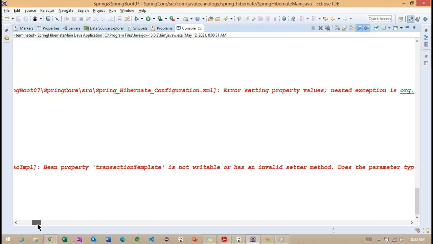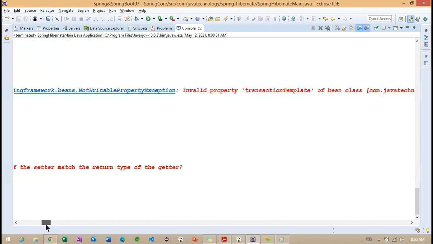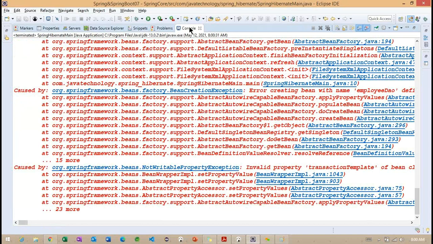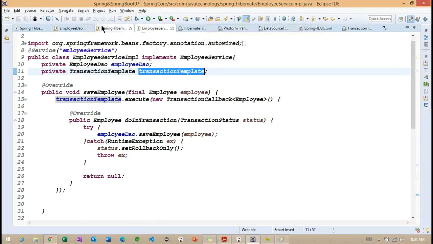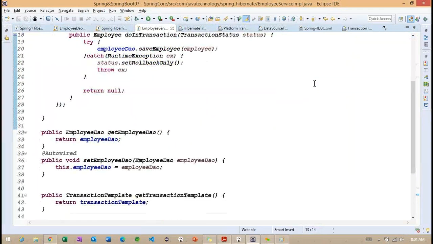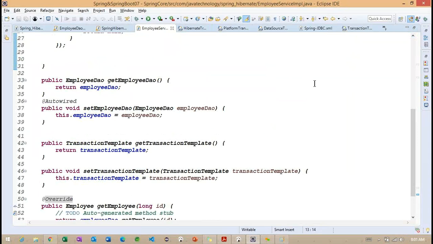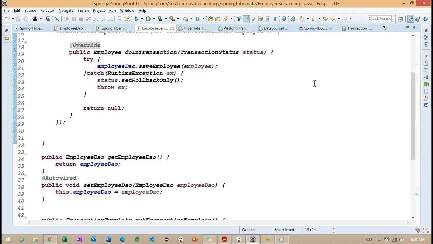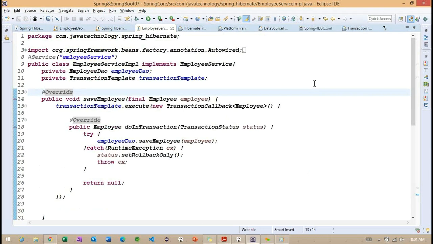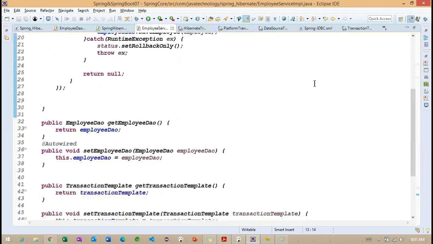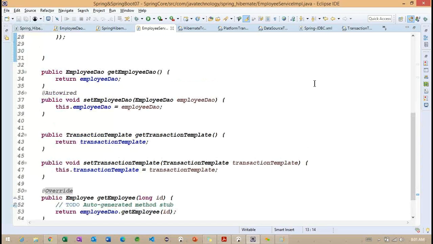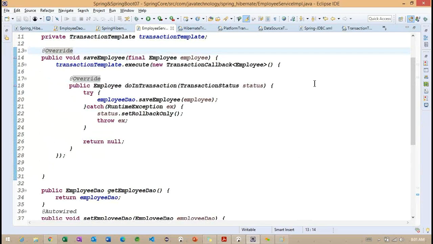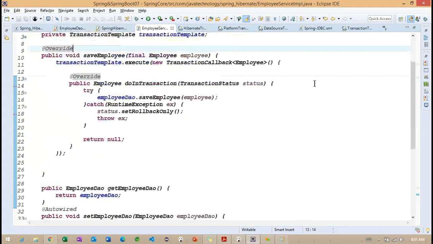Transaction template is not applicable as the getter is wrong. What happened internally? Get transaction template is complete. The transaction template setter method we provided is correct only.